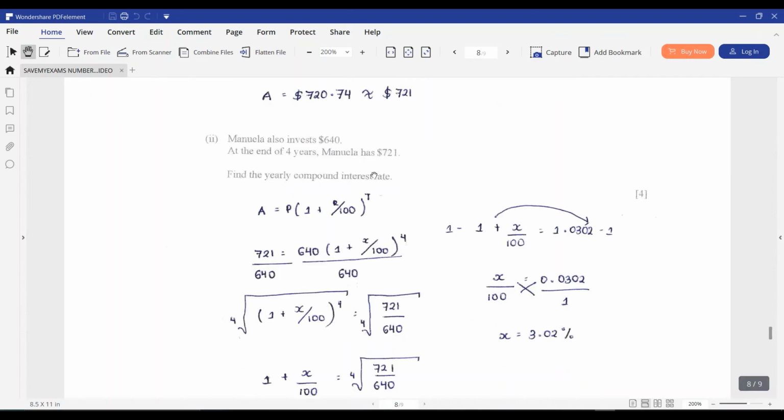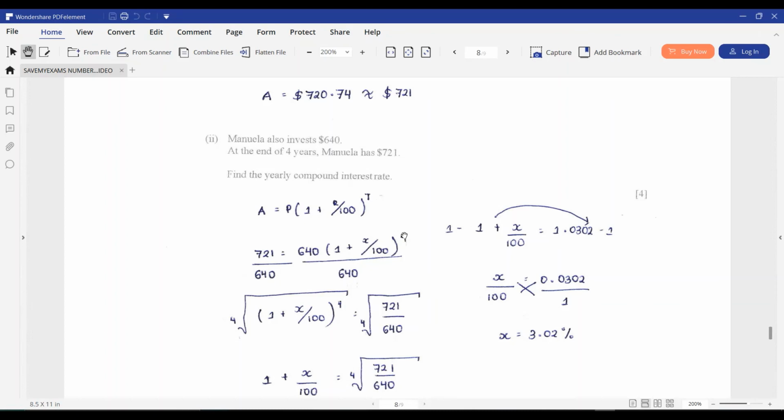Part 2. Manuela also invests $640. At the end of 4 years, Manuela has $721. Find the yearly compound interest rate. So the amount at the end of 4 years is 721, which falls here. The initial amount is 640, that falls under principal. Open the bracket, 1 plus x denoting the rate which you are trying to find over 100, close bracket, power